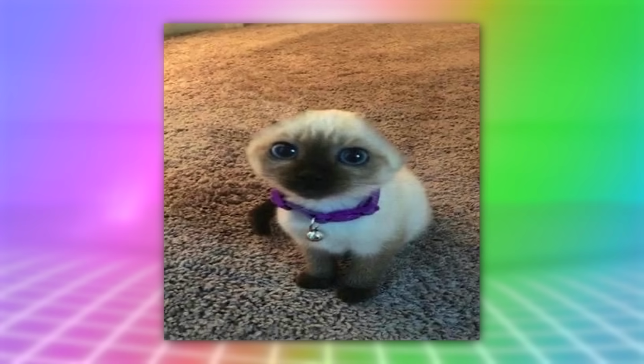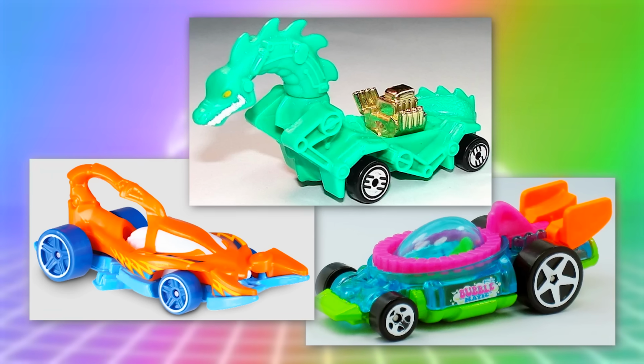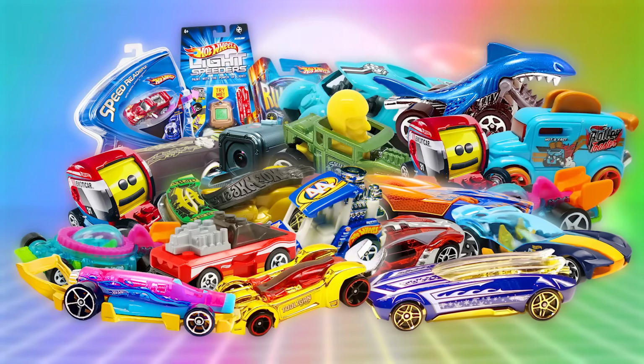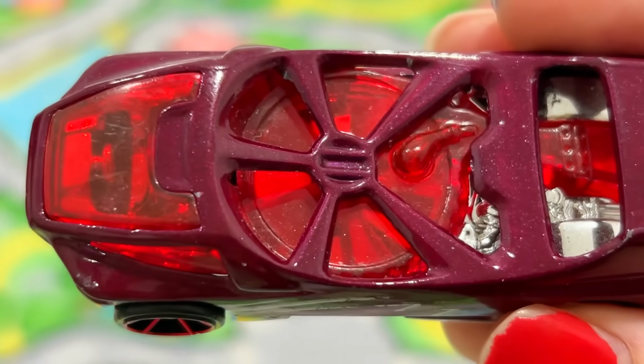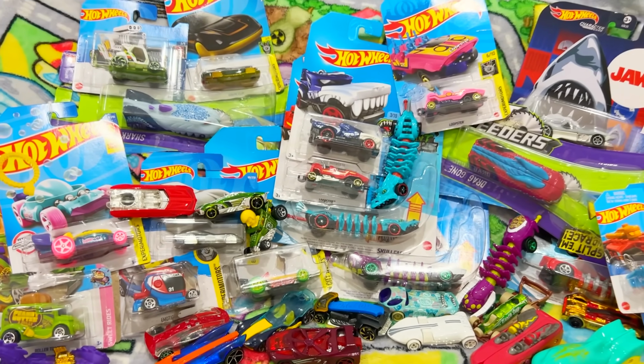Ever since I was a kid, I've always loved Hot Wheels. The brightly colored paint jobs and imaginative silly car designs are sure to tickle anyone's brain, but in my opinion, the most brain-tickling thing about them is the gimmicks. Moving parts, hidden features, magnets, and more. Hot Wheels have tried and failed with hundreds of different gimmicks over the past 50 years, but the most important